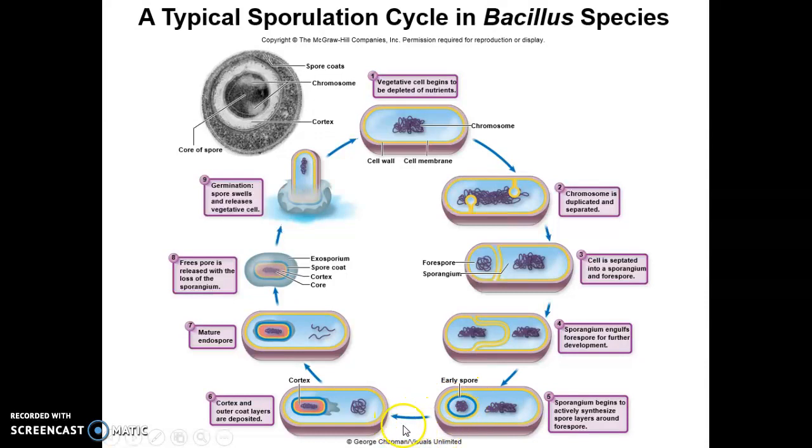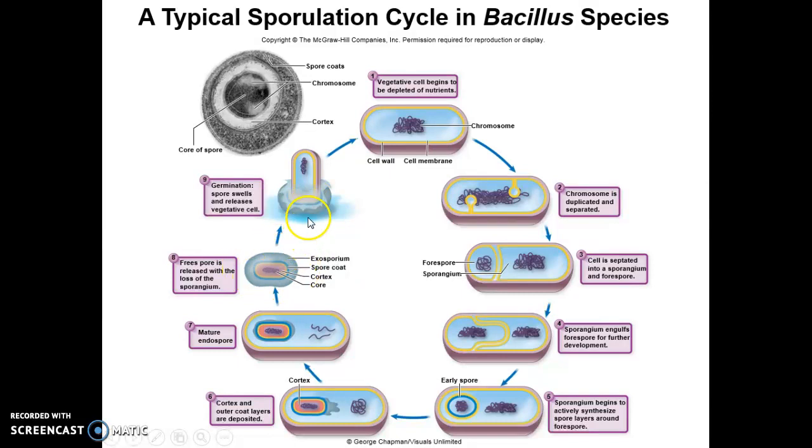It continues to go through that process of adding layers to the endospore, and now you have that thickened cortex. Another few layers, all right, now it's looking like something's engulfing the endospore. It's completely engulfed. You have a mature endospore, and then the residual part of that mature cell is going to